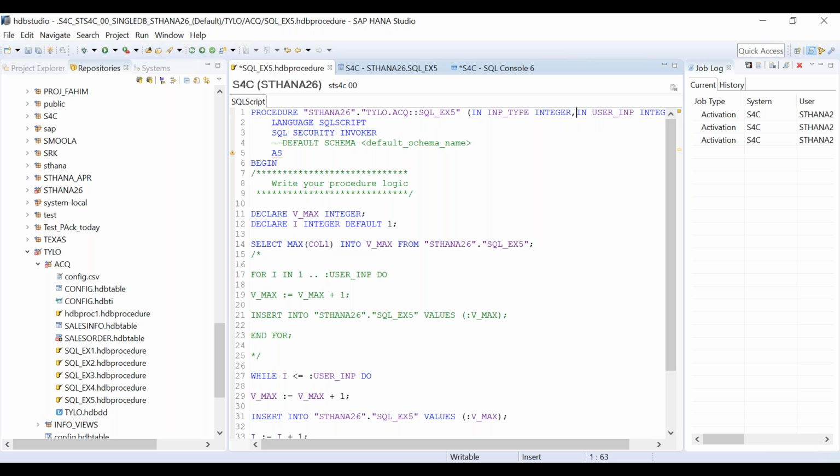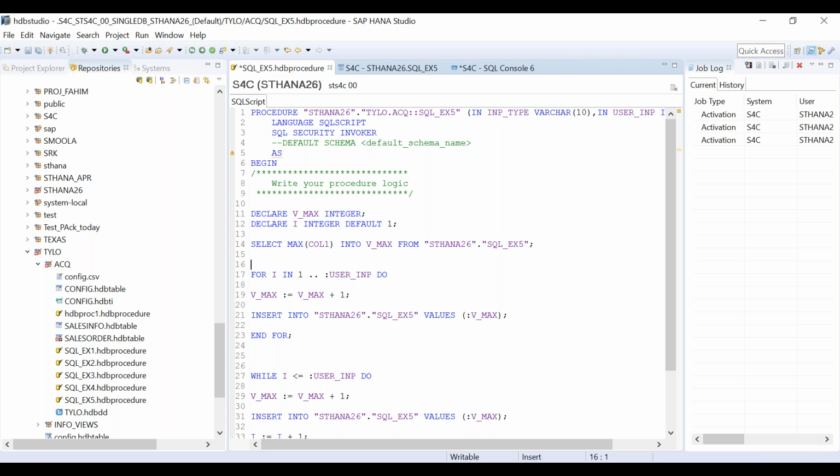So if user inserts 1, it will be for loop, and no, not like this. What I will do, not integer, let's say varchar, and say 10. So if user says for, then for loop. If user says while, then while loop. Simple. So what we will do, we will create if else and if and else condition here.